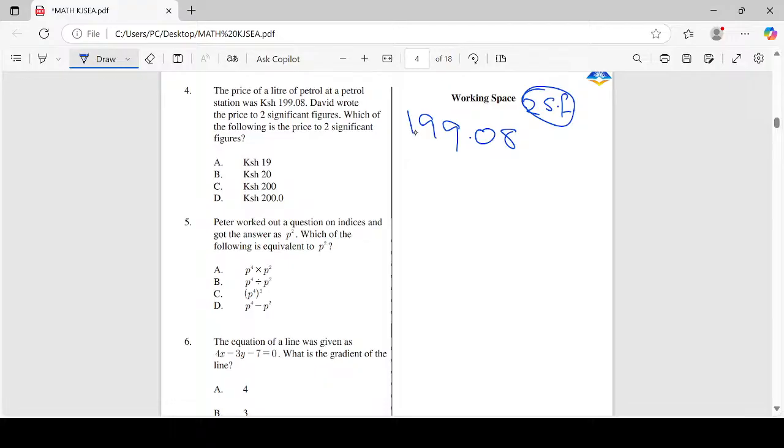I'm going to have 1, 2. Then this one here, you realize, because it's more than 5, is going to increase this one here by 1. Once it increases this one by 1, this number is going to become 20. Now, learners, your answer will not be 20. Remember that this number was